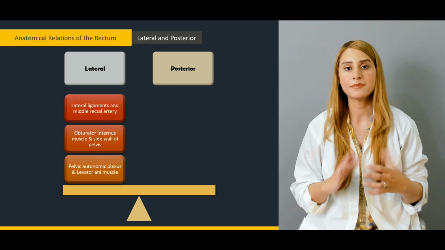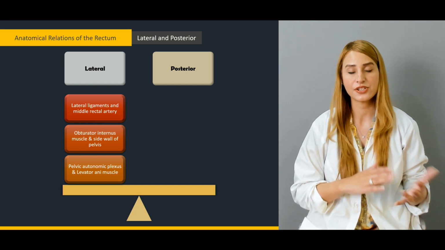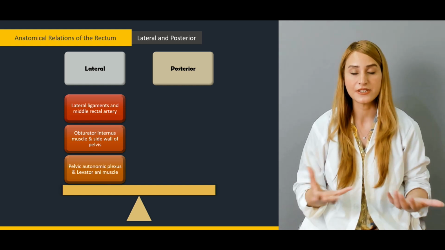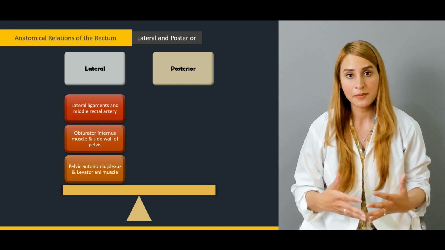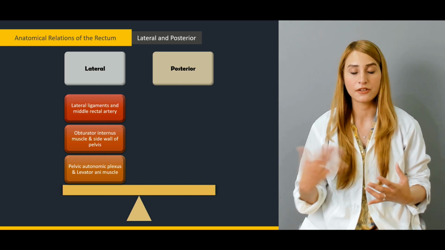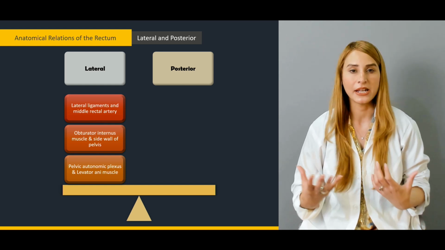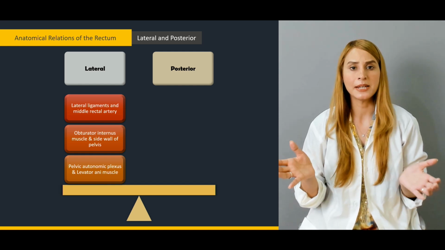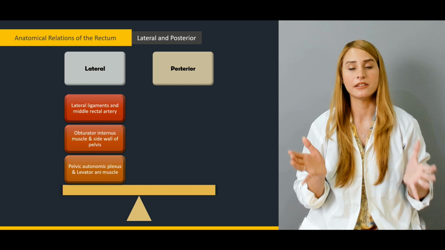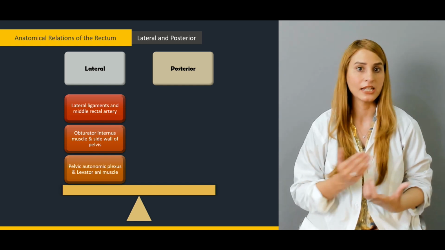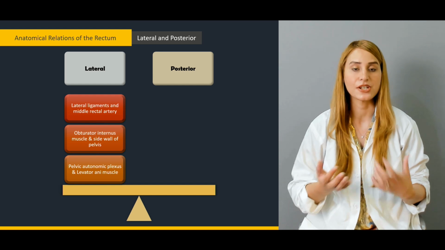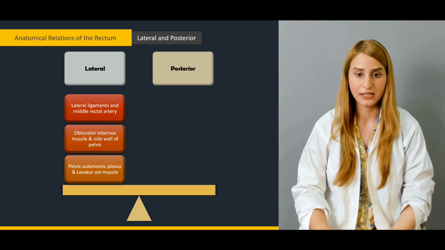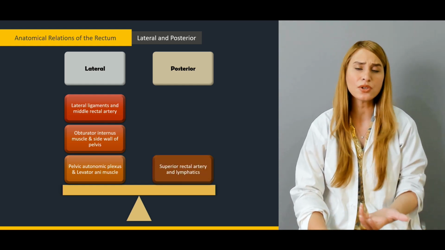So what you have to keep in mind about the lateral relationships of the rectum is the obturator internus muscle, plus the sides of the pelvic wall, the levator ani muscle with the pelvic autonomic plexus, and also the lateral ligaments, which are the sacrotuberous and sacrospinous ligaments, which form the lateral boundary of the anal canal and are also the supporting ligaments for the different structures located in the anal canal. And in the lateral relationship, we have also got the middle rectal artery. So if we talk about the